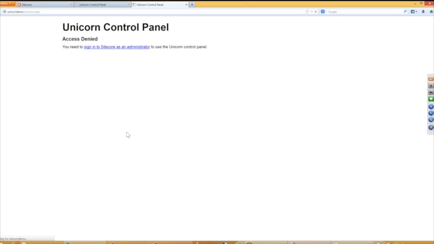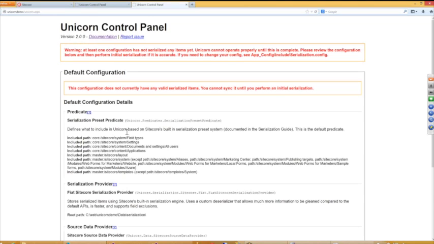But if you're doing it locally, like if I refresh this, it will let you just use it without being signed into Sitecore. So it's convenient if you're doing local testing. You don't have to fool around with authentication. So this is what you get when you first get here, and it has some big red error messages on it that, if you read them, at least hypothetically, if I did my job writing correctly,